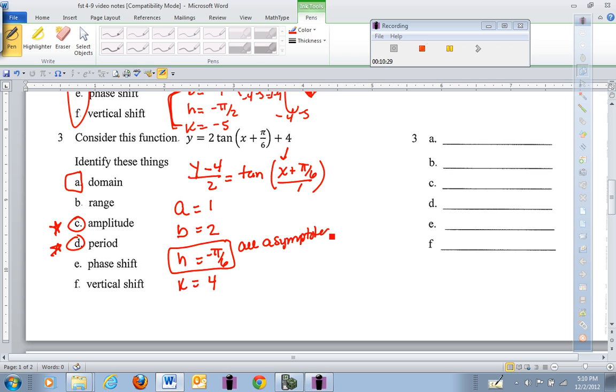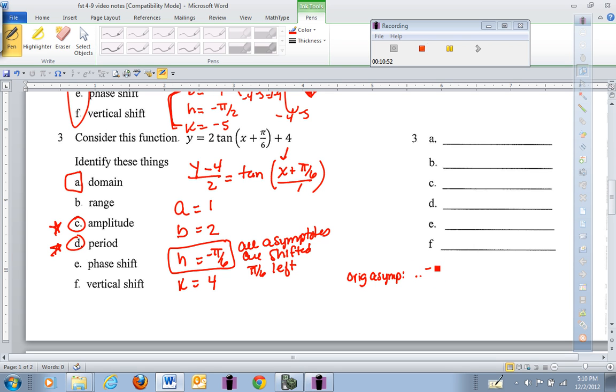I'll write that down. Are shifted pi over 6 to the left. Pi over 6 to the left. Okay? So, if you go to your yellow note card and you look at the original asymptotes,